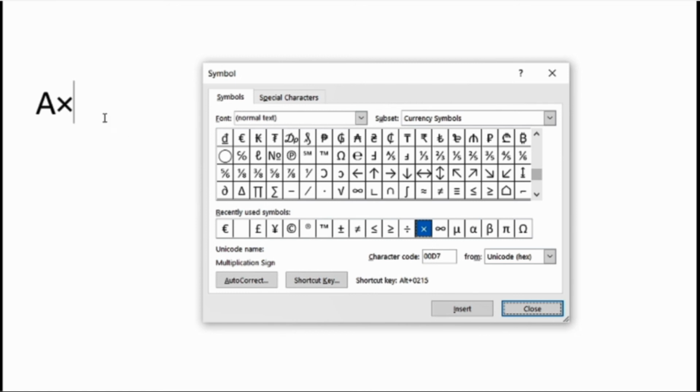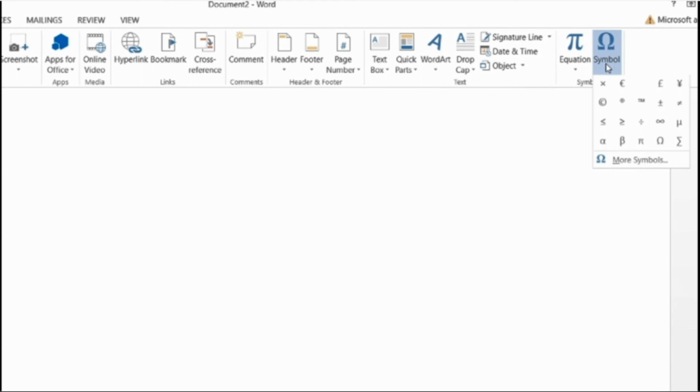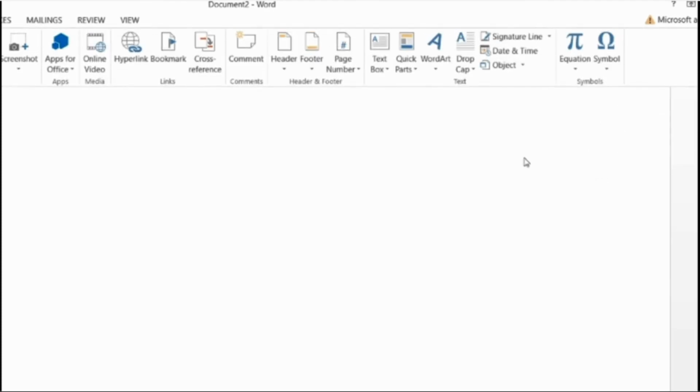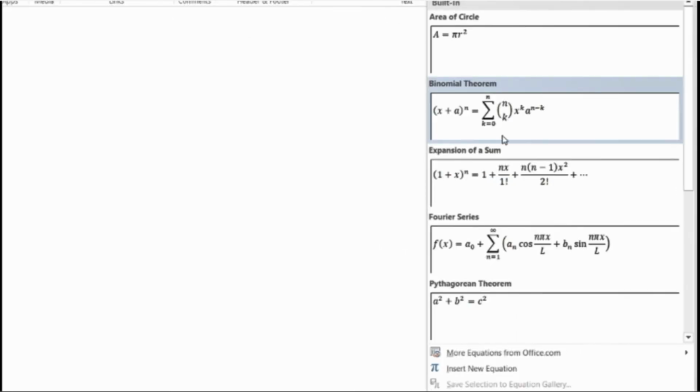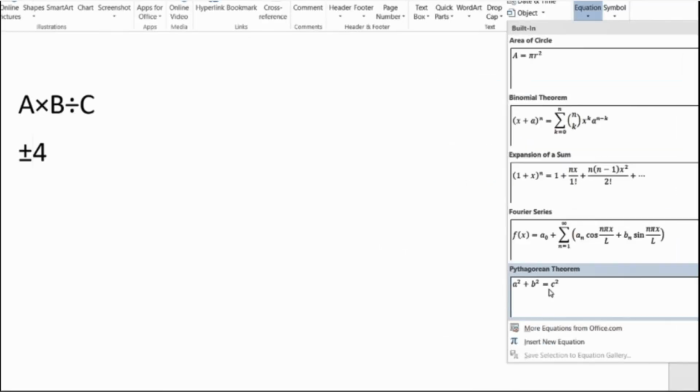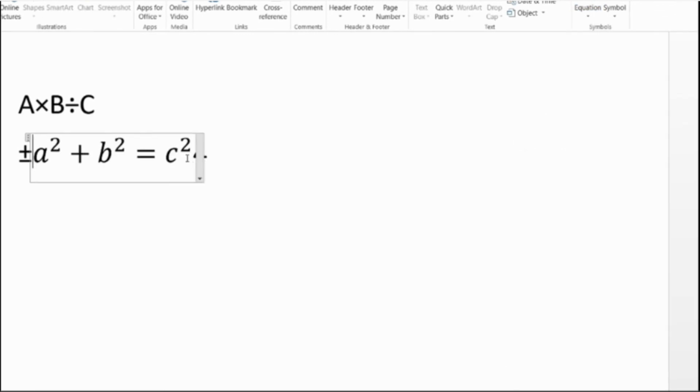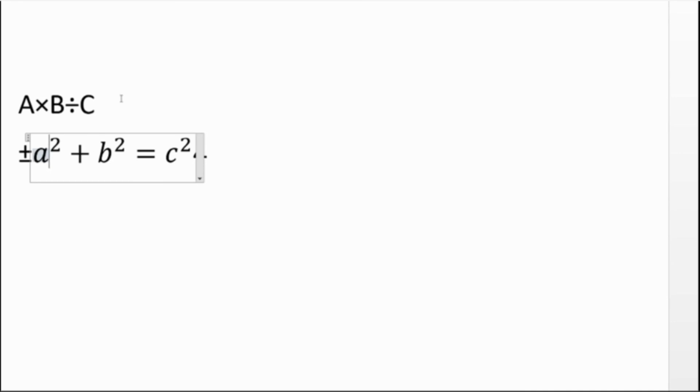on the screen. So I want to write A into, close this, B. Now again I want to add some more symbols. Click on symbol from the insert tab. Suppose you want to create an equation. So for that, click on equation. See, by default so many ready-made equations are provided. Whichever equation you want, you can select, and if you want to change the variable name, you can do that also. So this is a squared plus b squared is c squared. So this is what we have learned in this session.